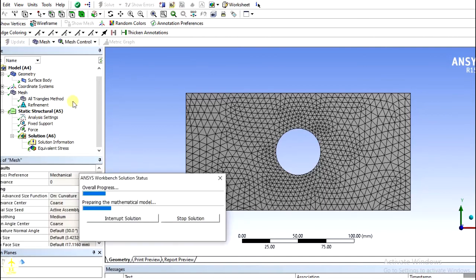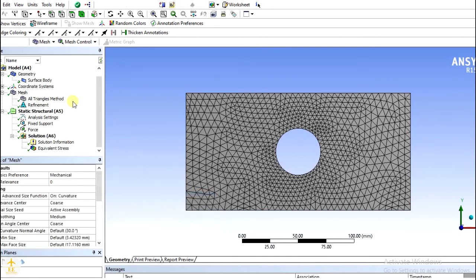See, if you increase the number of nodes, the time to calculate the problem also increases, because if you increase the nodes, the global stiffness matrix also increases based on the degrees of freedom allotted for one node.